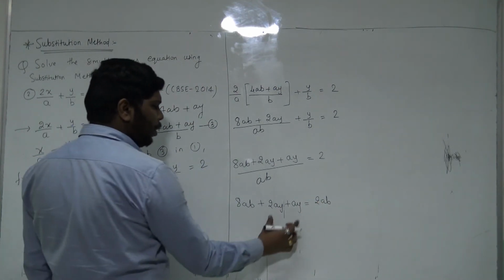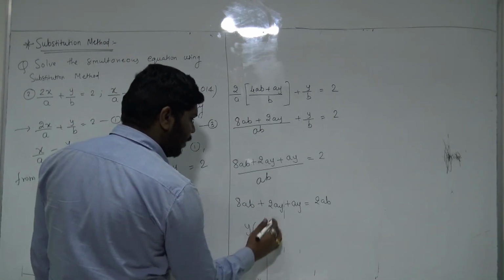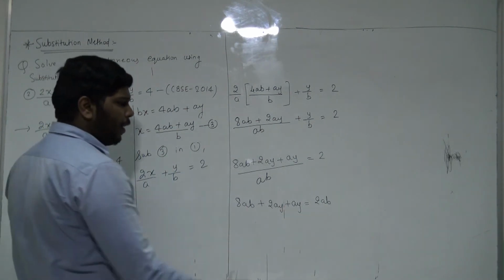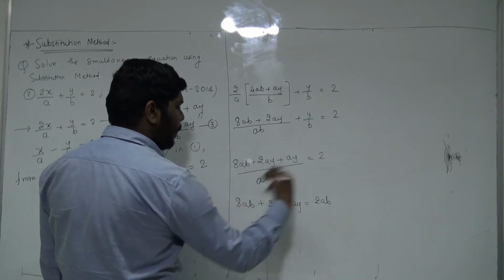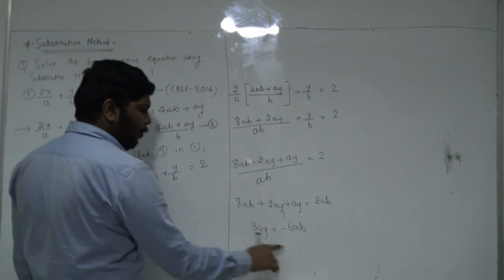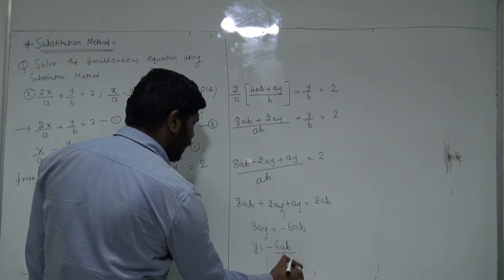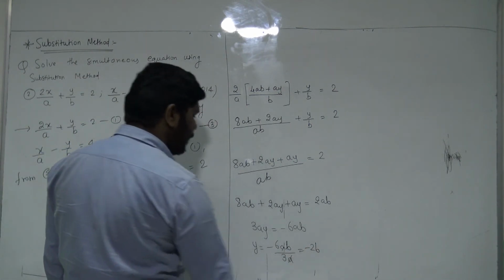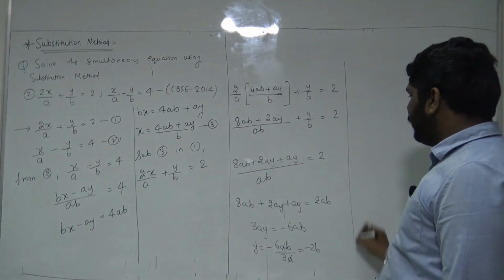Now we need only y terms on the left hand side, remaining you can transfer on the right hand side. So from this thing, if you take y common, you will get directly also you can add it because both are from same family. So 2ay plus ay will give you 3ay, and 2ab minus 8ab will give you minus 6ab, right? Now if you divide 3a over there, value of y will be minus 6ab upon 3a, where a will be cancelled. 3 ones are 3, twos are 6, so minus is there, 2 is there and b is there. So value of y will be minus 2b.